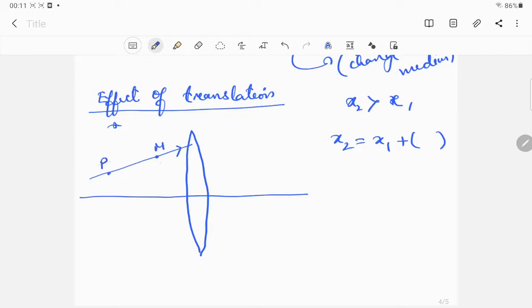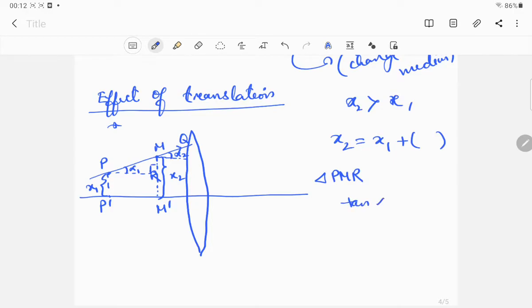So this is Z axis, this is P. This is alpha 2, this is alpha 1. This thing is x2, this thing is x1. Suppose this point is Q, and I call this point R. This is M dash, this is P dash. Now this is a right angle triangle, so from the triangle PMR you can see that